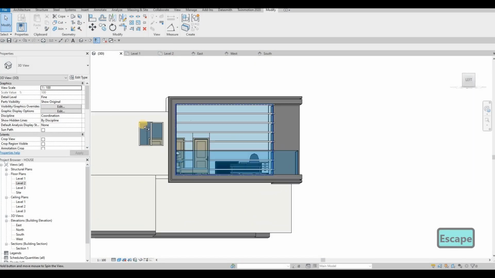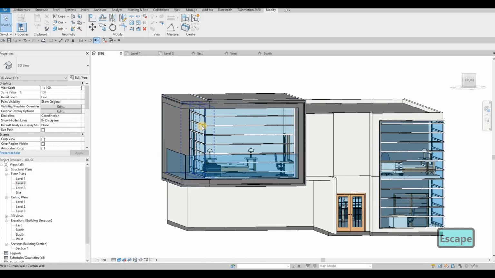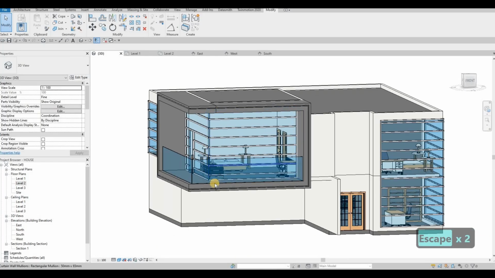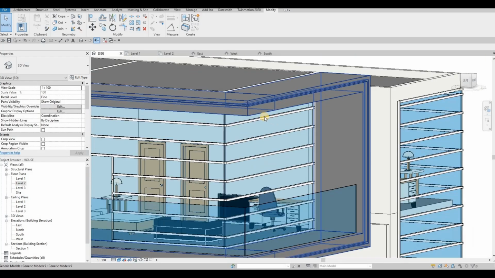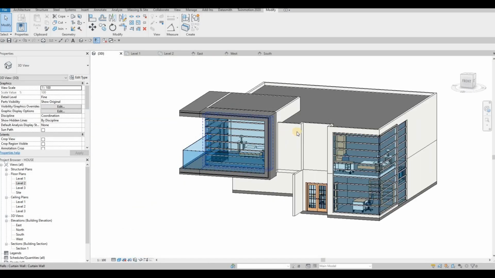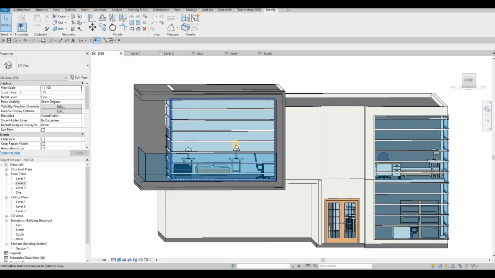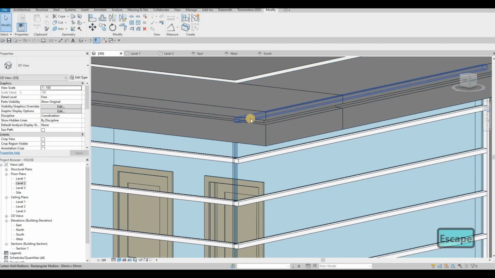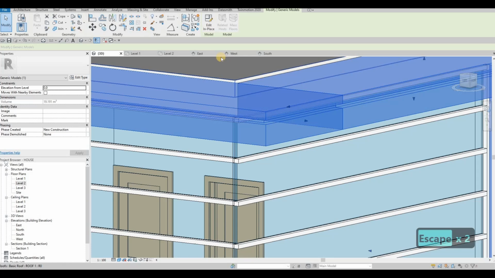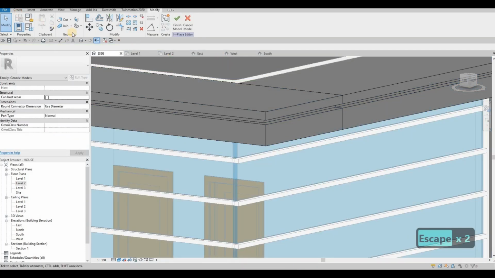So now we have something like that. A very subtle but really nice addition. It's not something that is overpowering, but after this what we need to do is edit in place again,